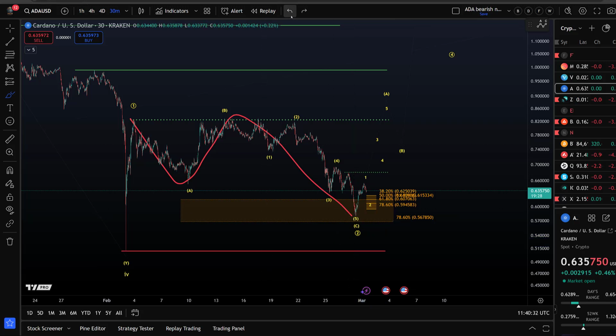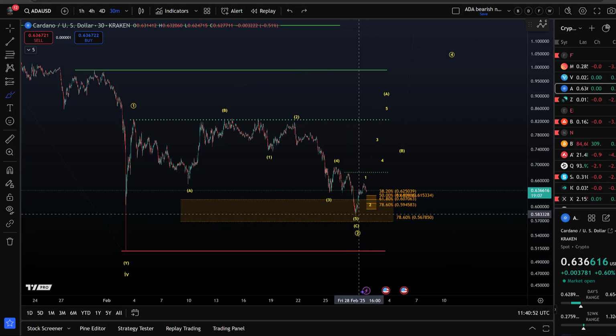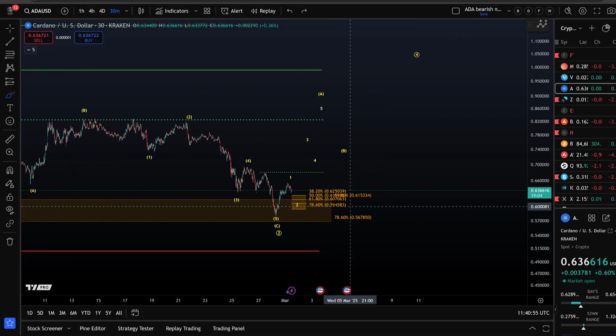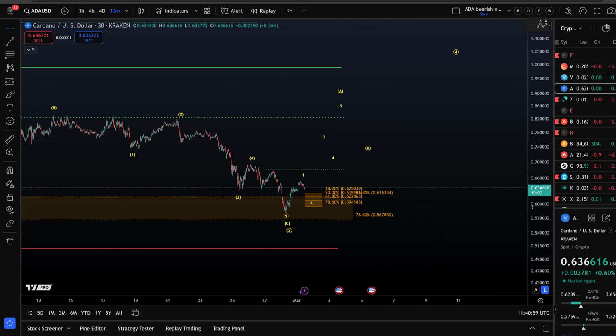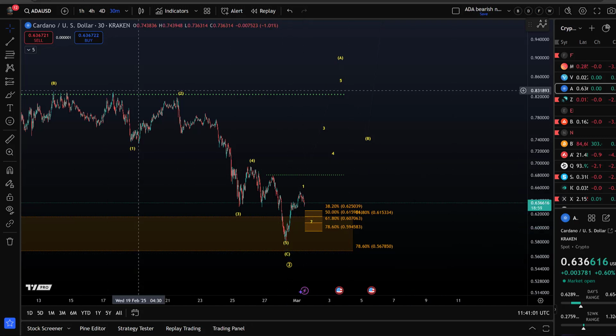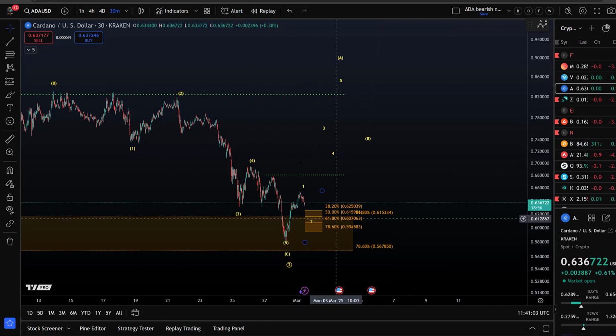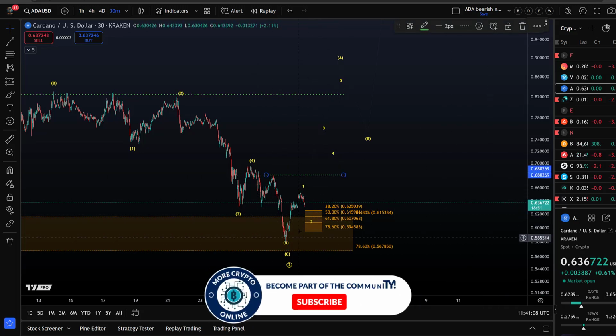That doesn't mean it has to turn around, but it is about probabilities, understanding pivots where the price might turn around, areas of interest where the price might indeed start a rally from, and it's done that. We have seen a potential upside reaction, and what we haven't seen yet is actually a break above a key level. So that's still outstanding, but we have a pullback, and if we get a nice rally from here above a key level, like for example this one at 68 cents,